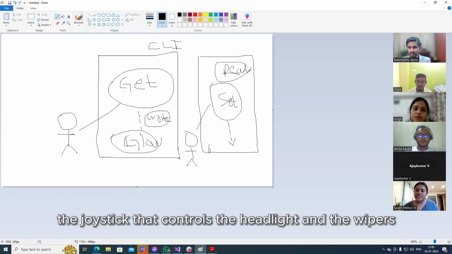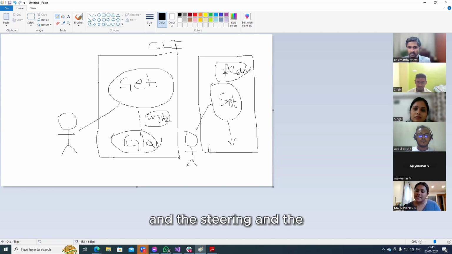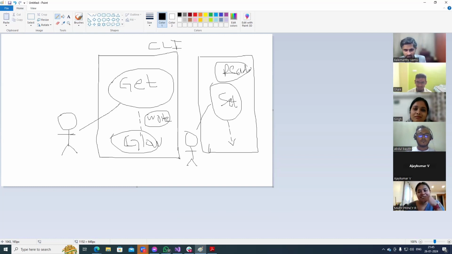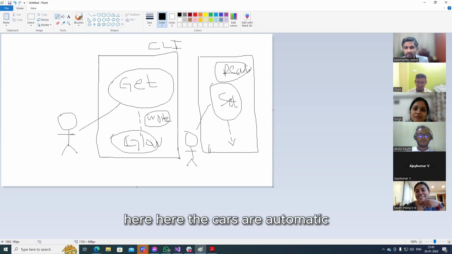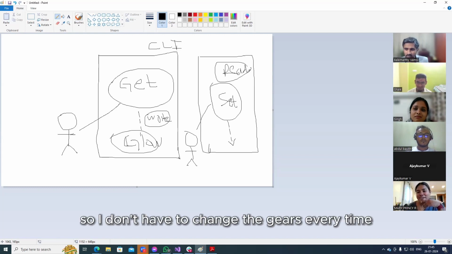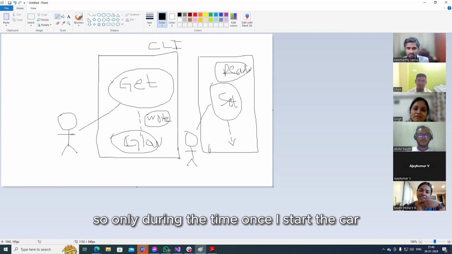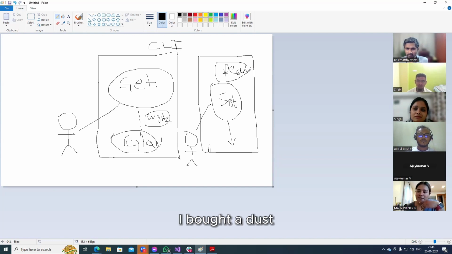The joystick that controls the headlight and the wipers and the steering, and what is it called? Here the cars are automatic, so I don't have to change the gears every time. So only once, when I start the car, I bother about the gear.